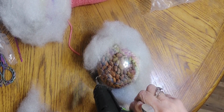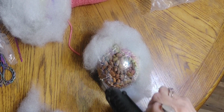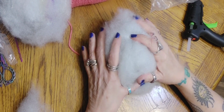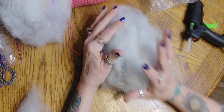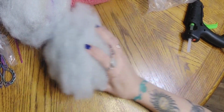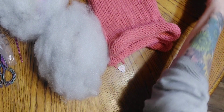Okay, I'm gonna put a bunch of glue all over this. I'm doing the same thing I did with the softballs. I glued the fiber onto the softballs. Okay, there we go. That looks pretty good. All right, let me get rid of this fiber. Okay, our next thing that we're gonna do, let me get this out of the way,